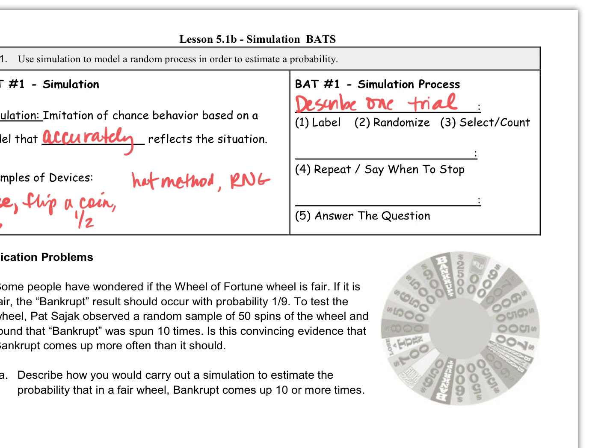Like we said, when we roll the die, a number 6 is a winner, but 1 to 5 is a lose, right? So we roll the die and we use that outcome. We randomize it, we select, and then we count how many. Now you have to set up in there how many times you're going to do it. Like in our example, we did 30 times, right? How do you know when to stop the trial? Well, we stopped after 30 trials, or we stopped after whatever the question predicts it should be. Okay, so you perform many trials, but it's important that you explain in your description when you're going to stop. Okay, so you describe it, perform it however many times,